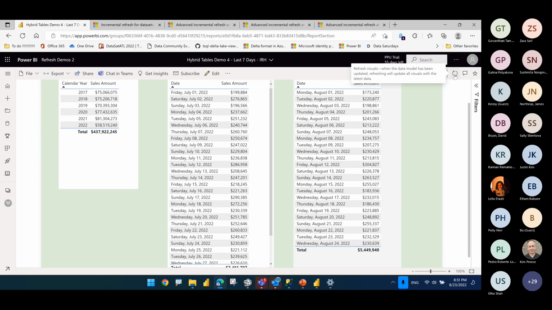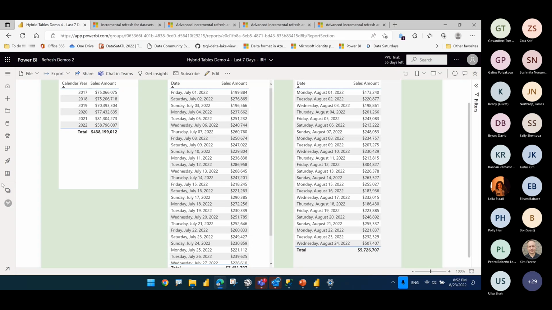So let's see if this can actually update. And you see that this one updated. So this is the benefit of the hybrid. So if you set up automatic page refresh, the use case for this is that for certain reports, you can set up automatic page refreshes. So as new data comes in, if the reason for DirectQuery is the near real-time scenario, then as data comes in, your most recent data will keep updating automatically, or as your users hit refresh.